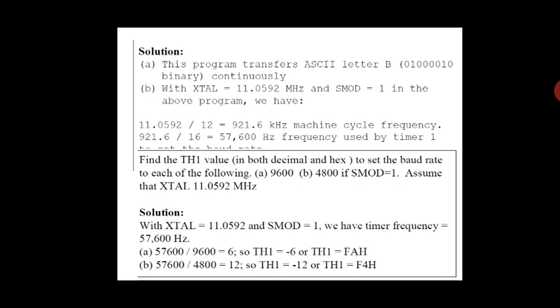There is a minus 12 in fact, that is decimal minus 12. You take its 2's complement, you will get F4H. These are the values to be set in TH1 to get the baud rate for 9,600 and for 4,800.